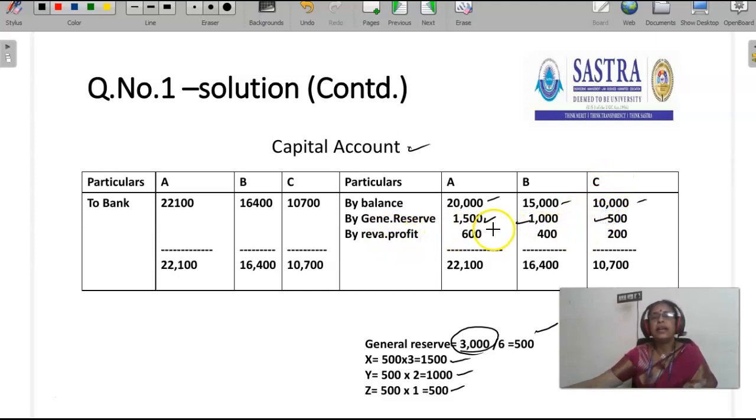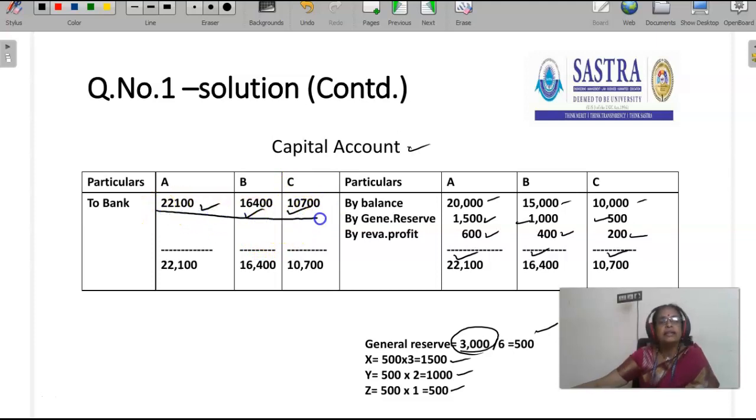Revaluation profit, just now we calculated, that is 600, 400, 200. Then the total of the credit side of capital account for A is 22,100, B is 16,400, C is 10,700. On the debit side, there is no amount in the capital account. So, the balance of A's capital account is 22,100, B's capital account is 16,400, C's capital account is